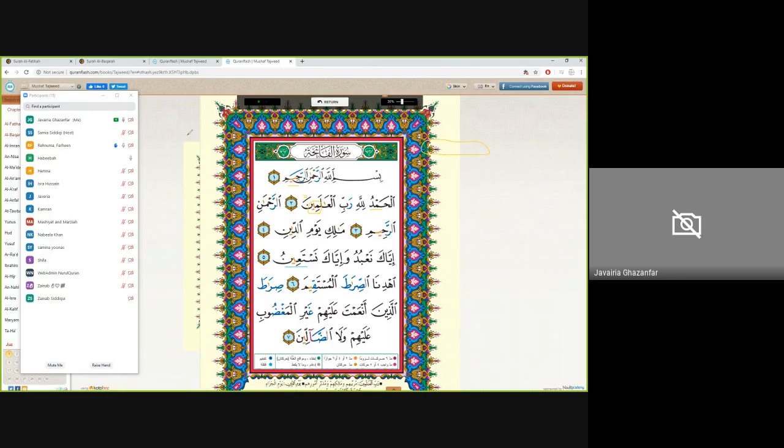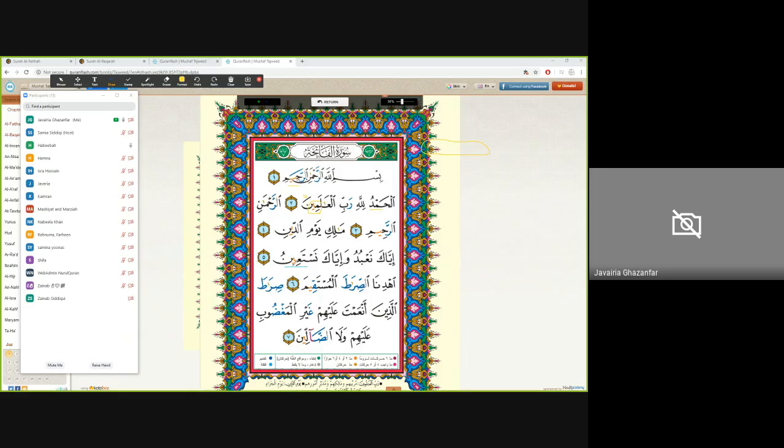Habiba, you're ready? Okay. Yes. Can you tell me which is it? You can even have, from the annotate, you can even have a pen. You guys can mark from your side as well. So you can open up the annotate. Okay, so that's fine. Very good. Excellent. So what is this?